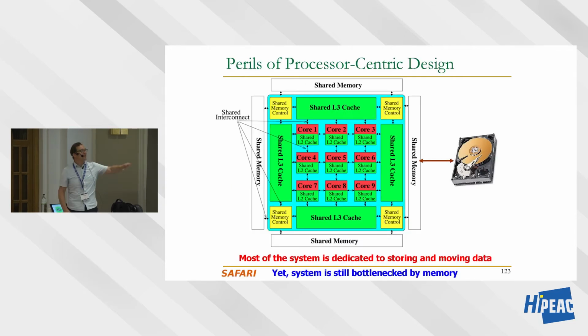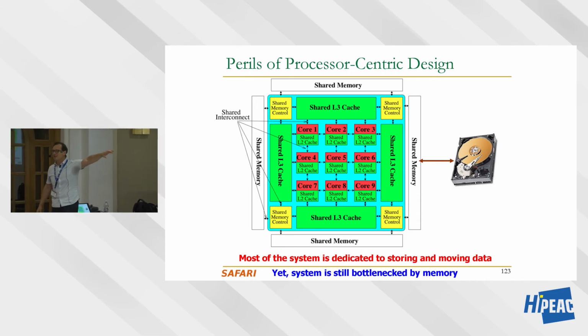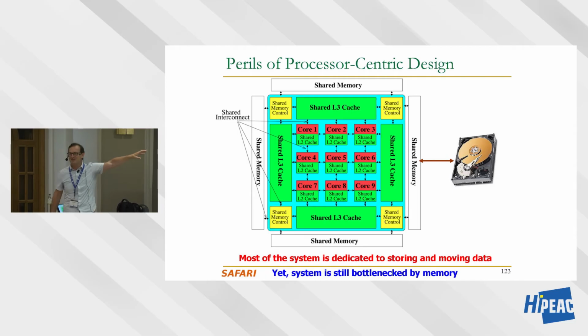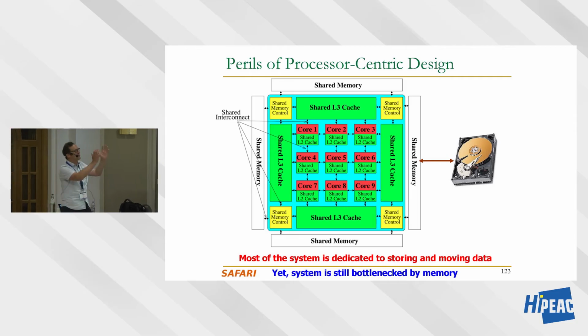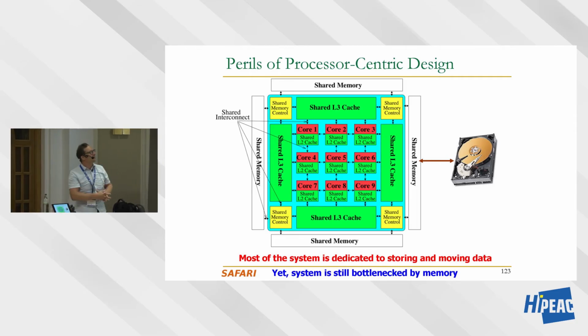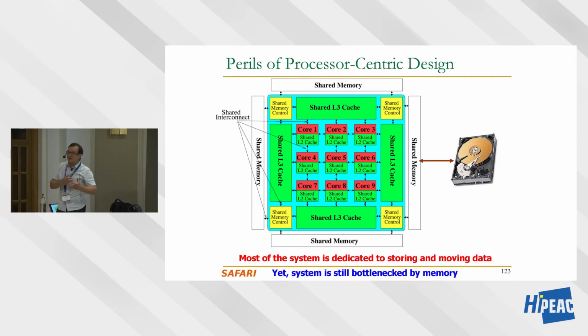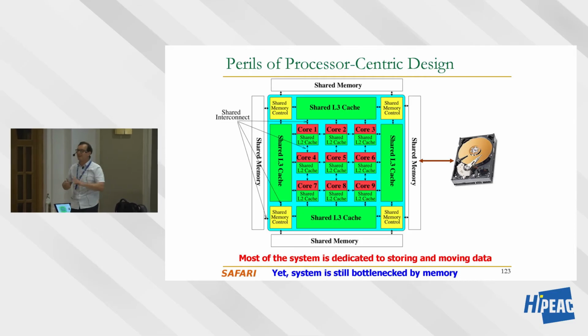So this is a picture that I drew in 2008. In 2008, I was a young assistant professor at Carnegie Mellon University. I was writing proposals to the National Science Foundation. This was my career proposal, and I put this picture over there saying, this is what we have today. You have essentially a bunch of cores or accelerators, and everything else is the memory system. Basically, you have shared caches or private caches, interconnects, other caches, other interconnects, memory controllers, other interconnects, main memory, other interconnects, and then other memories and other interconnects, etc. So essentially, the proposal that I wrote was about quality of service. When multiple applications are executing over here, how do you provide quality of service and predictability? And we did a lot of work in that area.